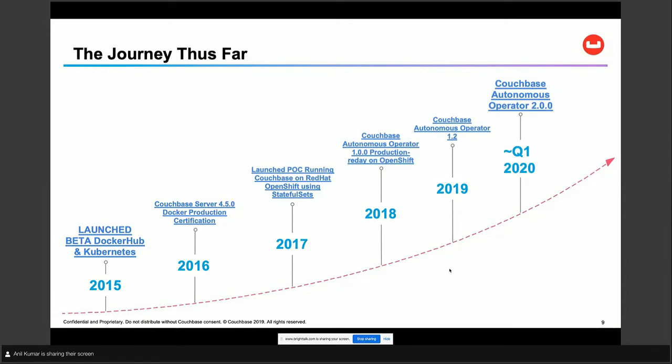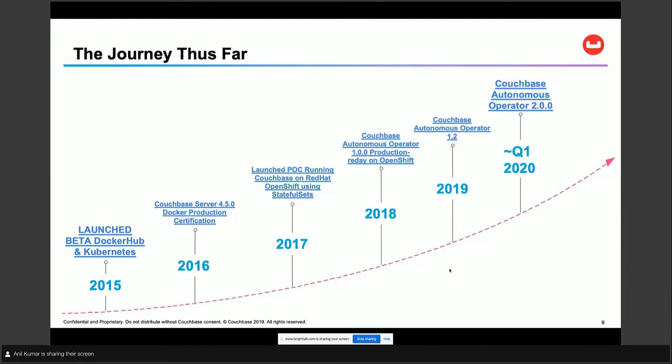And then back in 2016, we decided that our goal was to help those customers who want to run Couchbase on containers. So we decided to production certify Couchbase on containers. In 2016, with the Couchbase Server 4.5 release, we officially production certified running Couchbase on containers.